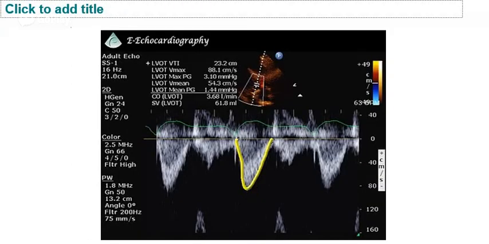Okay, so now after that the most important part is called the Doppler echocardiography. After the M mode, what we usually do is the Doppler echocardiography, and here we have to place the pulse wave Doppler or the color wave Doppler. So most important is the pulse wave Doppler. The important point is it measures the low flow velocities across the mitral valve.